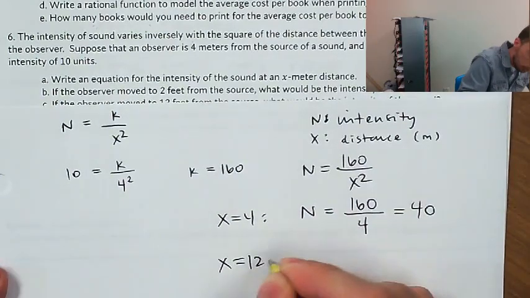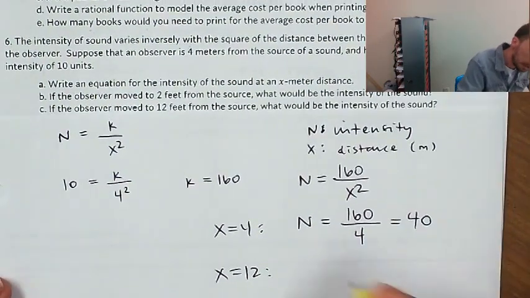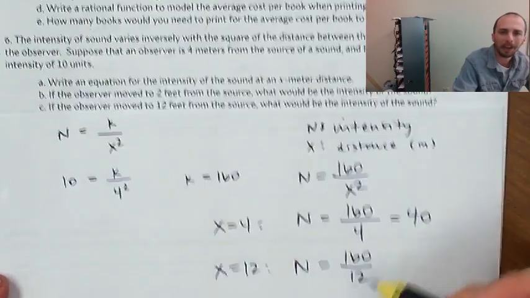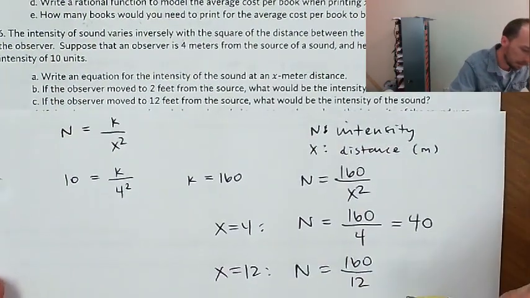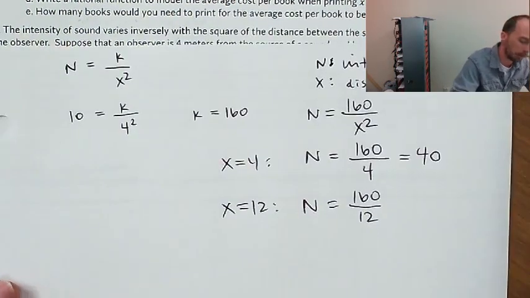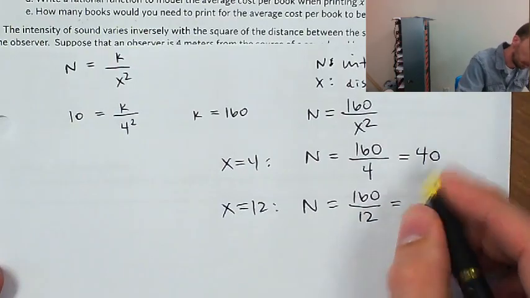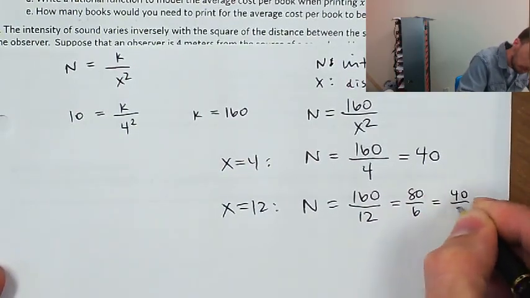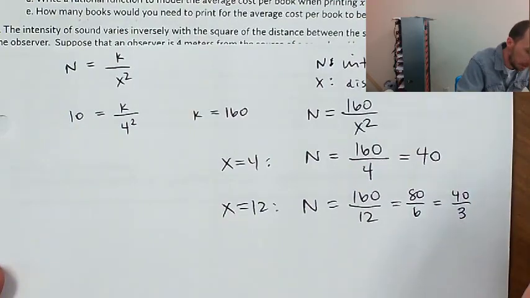So x equals 12 will give me N equals 160 divided by 12. I don't think that divides cleanly, does it? Hold on a second. I'm not going to worry too much about it. It's 160 divided by 12. I'm just going to keep reducing. 80 divided by 6, 40 divided by 3,